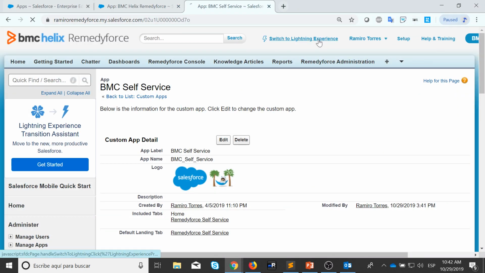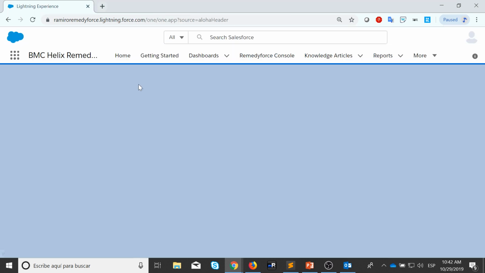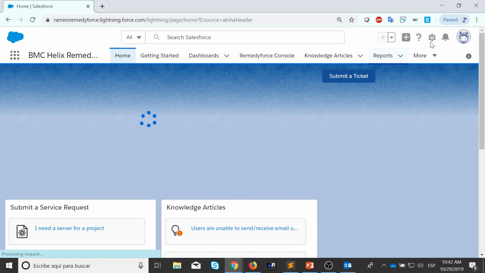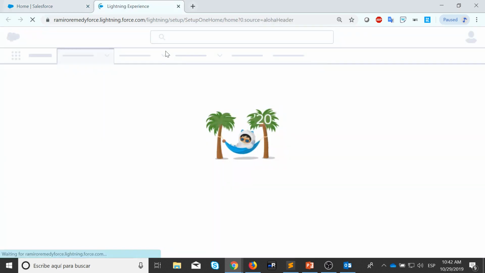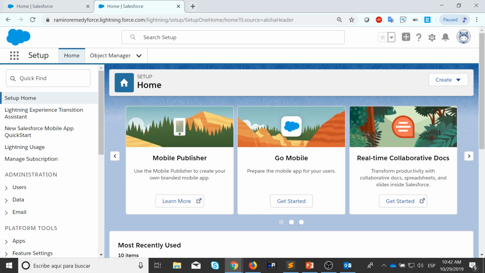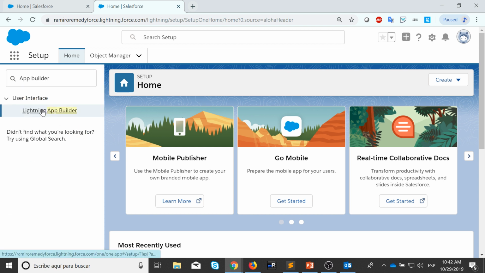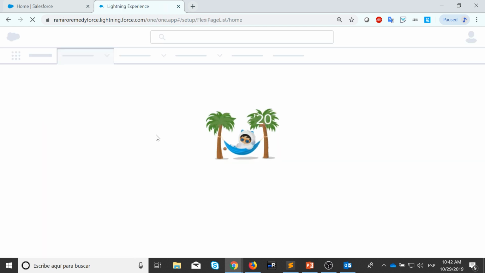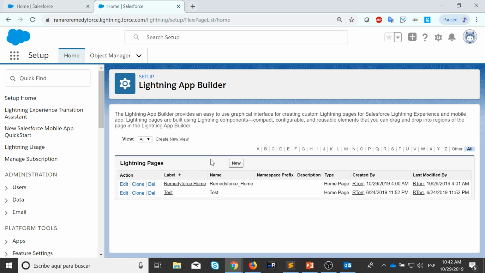I'm gonna do it from the Remedyforce where I already have those apps created. Okay. So setup menu, app builder, new,